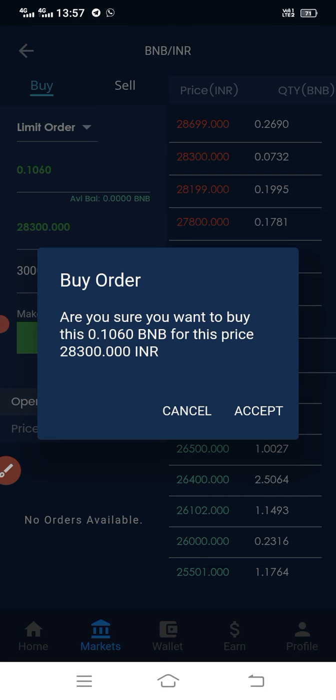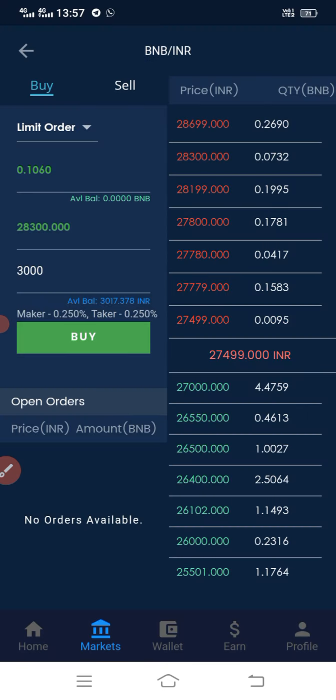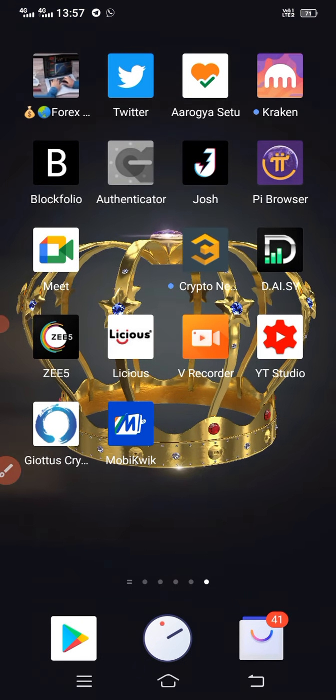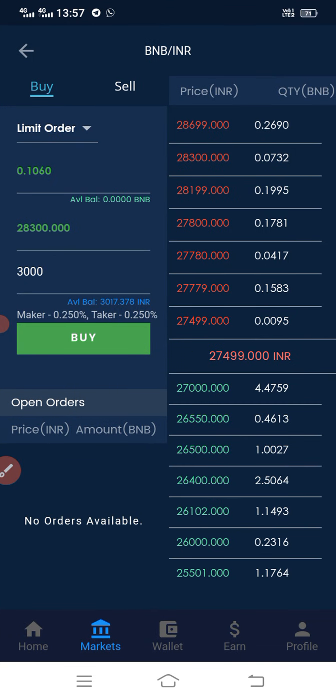Let me check which price is low here. Let me make my screen dark so you can also see it. Yeah, I'll go with this option, the low one.